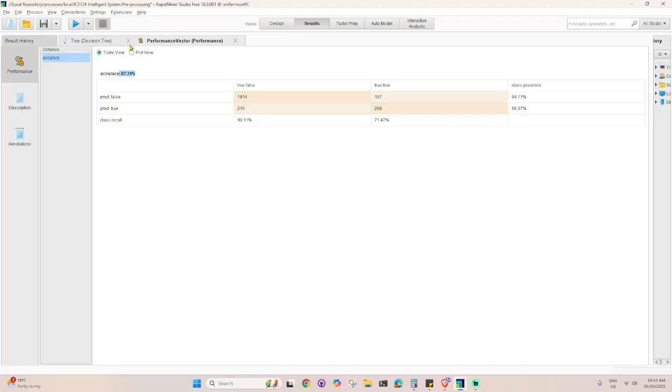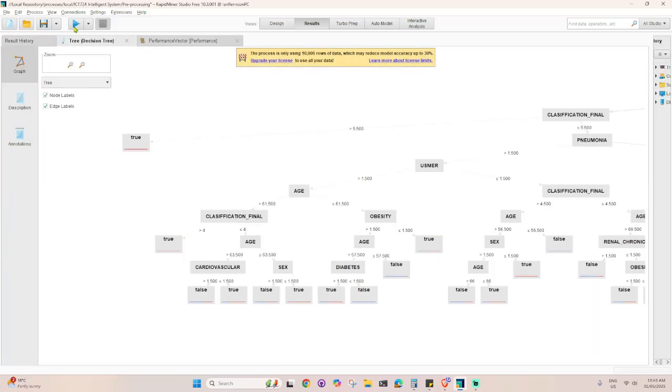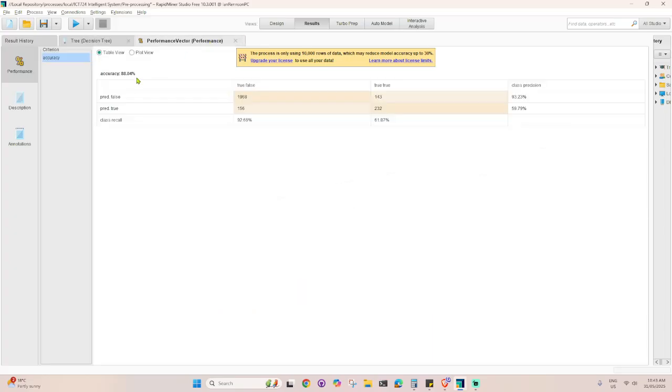So if we look at the design, we're just using the criterion gain ratio, so we can change it to a different criterion. We can use information gain, Gini index, and all this. So we can try this Gini index. Let's see this one. See, it has a better accuracy.